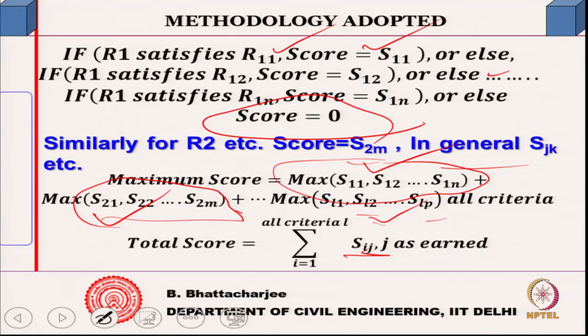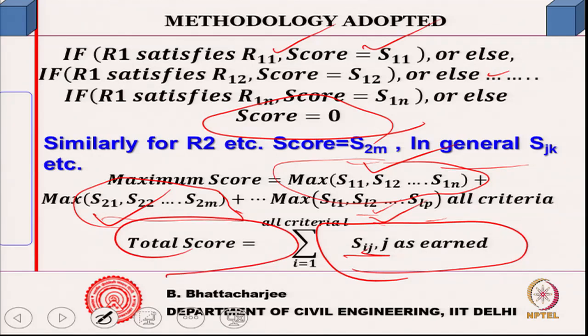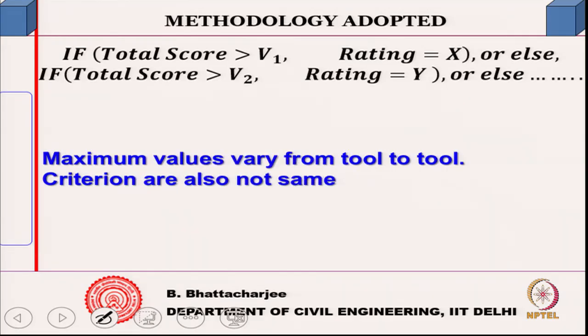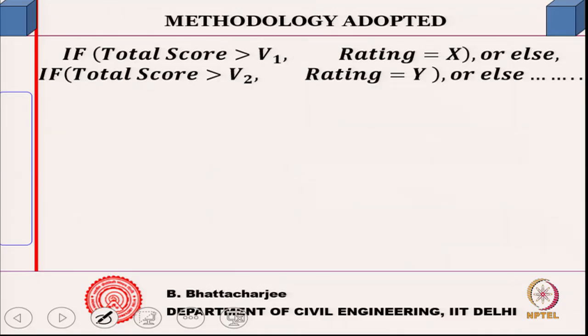For example, for criterion 1, I might have got S1j, for this one S2L, and S3Q, and so on. So, sum all of them up as earned across all criteria, and that is the total score for the building itself. Now, given the total score, if the total score is greater than some value V1, let us say, then the rating will be